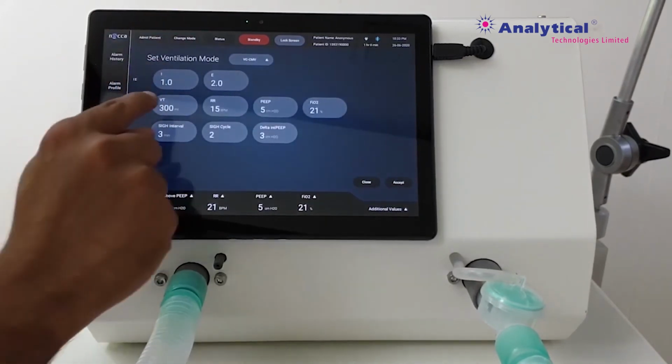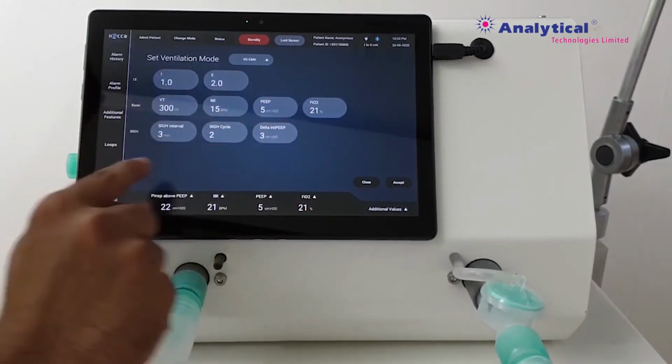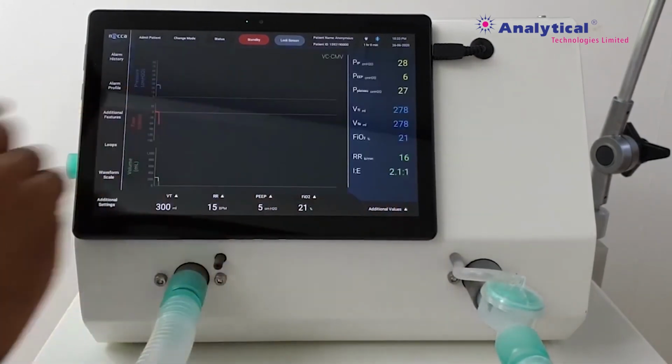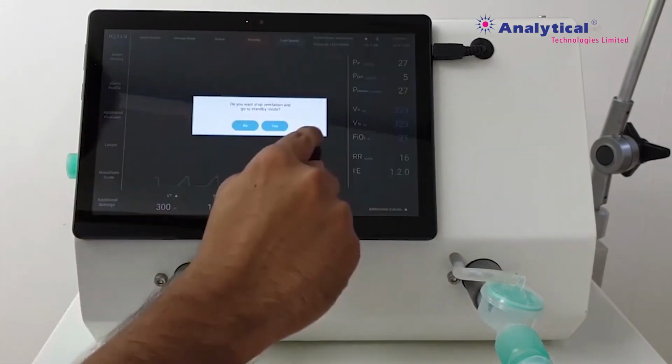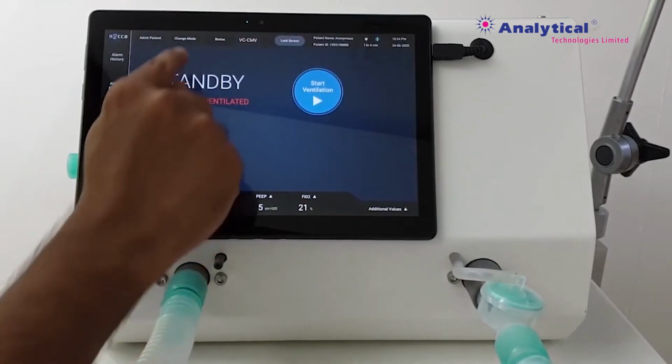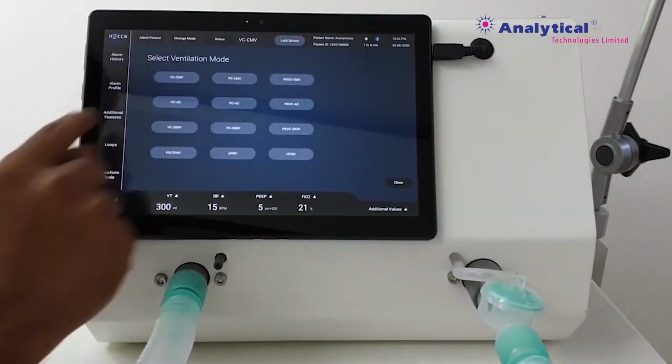The mode gets changed directly. Otherwise, we can set the ventilator on standby mode and then change the ventilation mode.